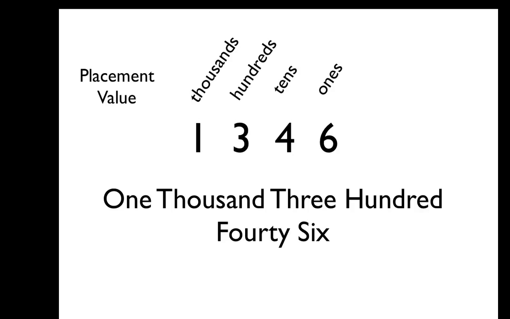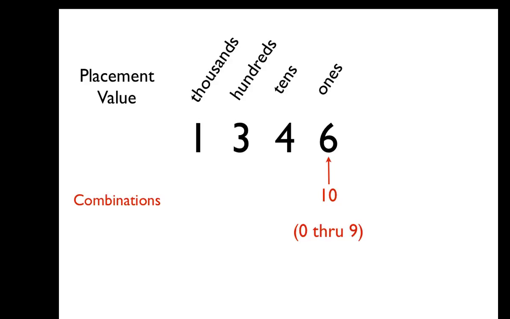Another concept that has to be introduced when looking at numbers is the number of combinations. And since we're looking at decimal, decimal is a 10 base number, which means that just like we have our placements are ones, tens, hundreds, thousands, we have to look at the number of combinations per placement value, which means if I'm looking at this same number, then that number 6 that is in the ones column would have 10 discrete combinations. It could either be 0 through 9, and that would be the number of combinations,